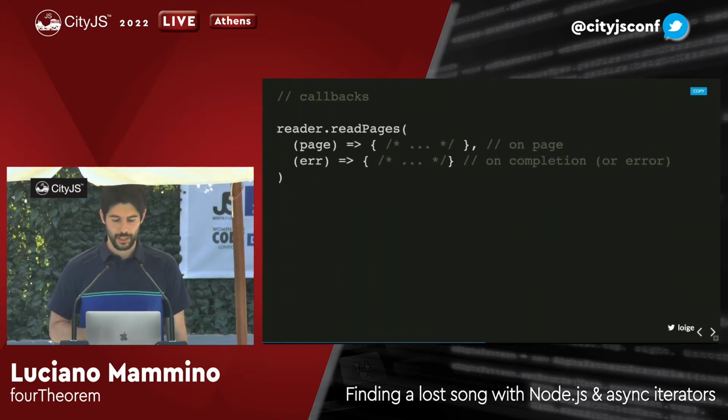The first thing that came to my mind is, okay, we could use callbacks. We could create a method in this object called readPages, and we can pass callbacks to this method to say, every time there is a new page, run this callback and do something with it, or if there is an error, run this callback and deal with the error. That's one way, but it seems that the world is moving away from callbacks,